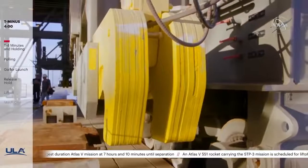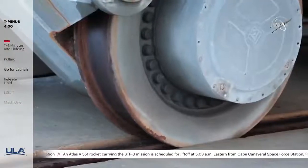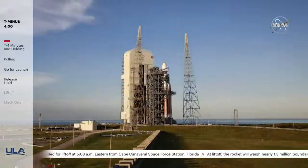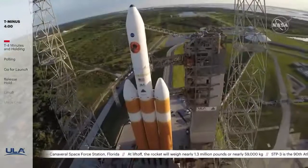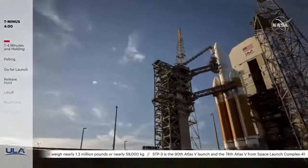Approximately 9 hours before T0, final preparations begin as 40 hydraulic cylinders at pressures nearing 3,500 psi move the 10 million pound MST. It's first raised 8 inches and then rolled back. Delta uses a carriage transporter system, traveling at about a quarter mile per hour. It takes about 25 minutes to roll the MST to its launch position, 345 feet north of the Delta IV